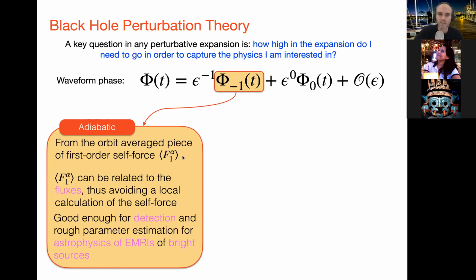And then you can use a balance law to work out the force that actually appears on the body that drives the inspiral. And so we've been able to do this well since 2005 for generic orbits in Kerr spacetime. And if you have just access to this, then this is generally good enough for the detection of very bright sources, so very loud, high SNR signals. And this might be good enough to do a little bit of astrophysics with EMRIs, but I really emphasize that this is only true for the bright sources. And so you'll be losing a lot of potential observations.